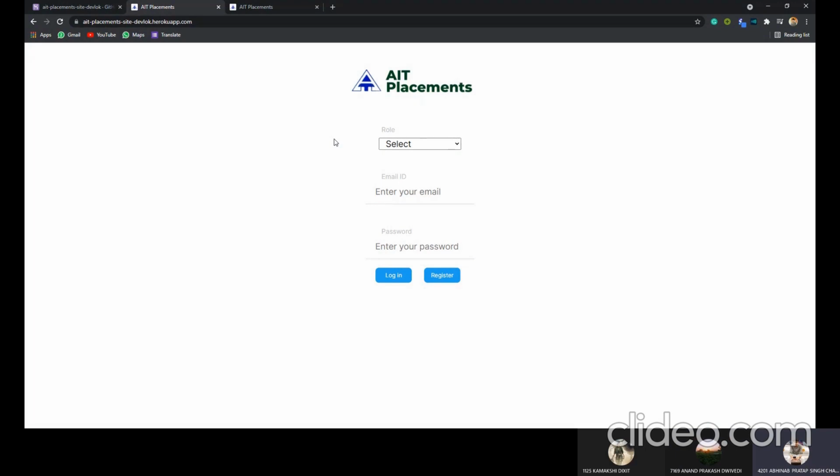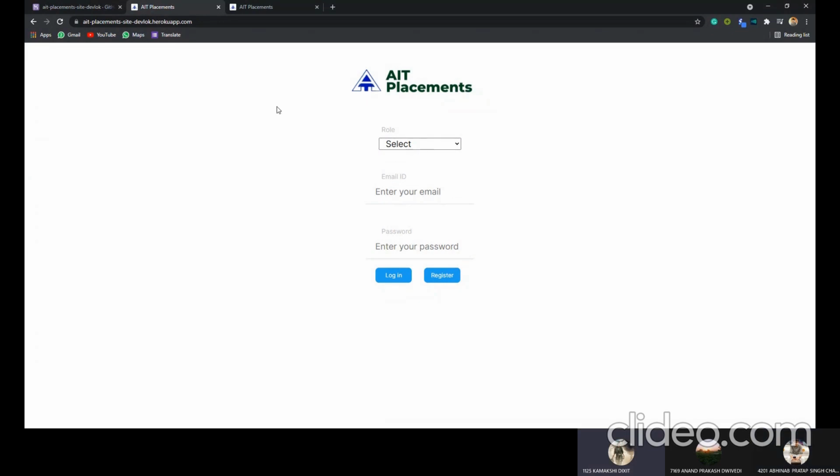We'll start by each section, how the site goes on, and then the person who made it, the person who did a lot of code in that, will explain how it happened. So first, this is the login page which was made by Kamakshi Dikshit, and she'll continue from here. Kamakshi, please. Thank you, Abhinav.